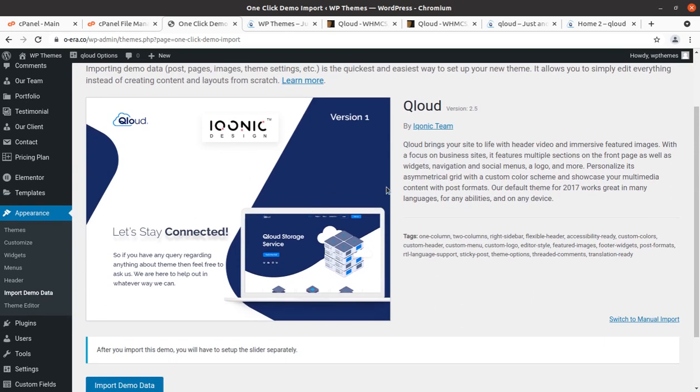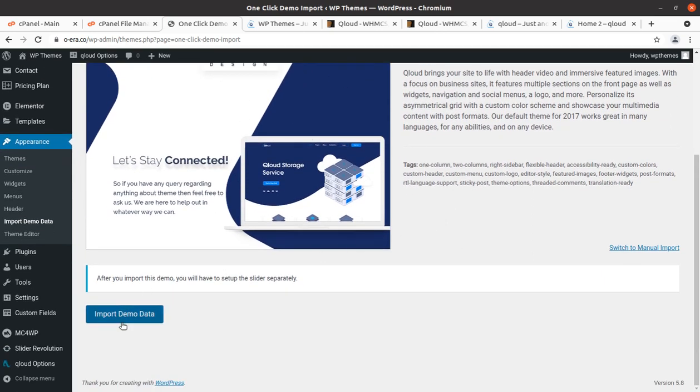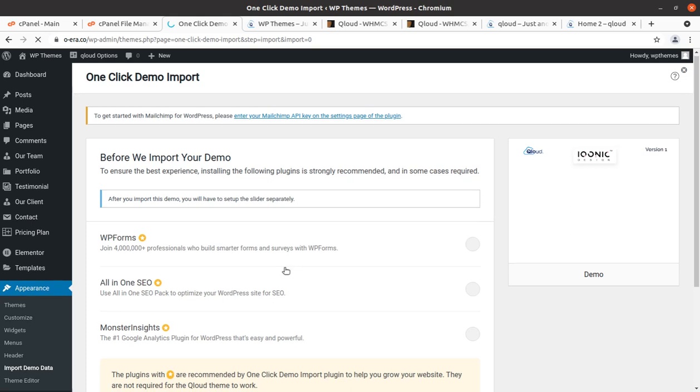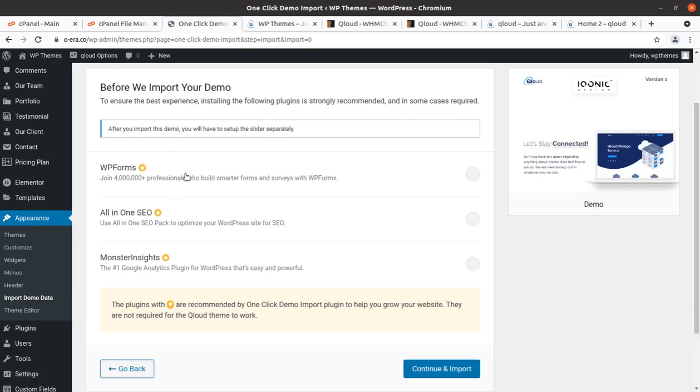Okay, so we have only one option to click, import demo data. So simply click on this, and again it is featuring some additional plugins, and we don't need to install these plugins. They can be installed at a later stage if required.